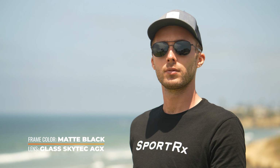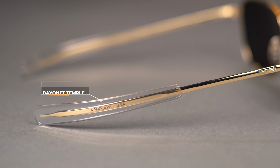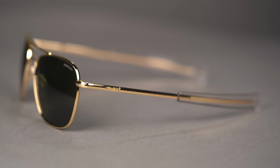But one of the things that I think makes this most iconic is the temples. This bayonet temple design is very uncommon. As you'll see, it's not in any of the other styles on this table. A fairly unique temple design that is out there. And I think one that speaks more to antiquity and is not as commonly used, which is why it's harder to find. But the bayonet design, what that means is it's this straight back temple design,